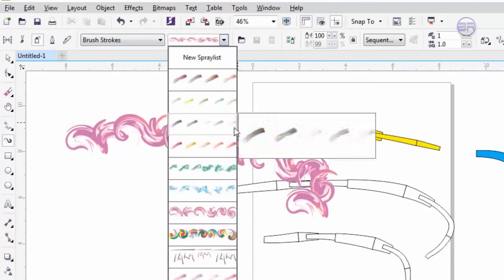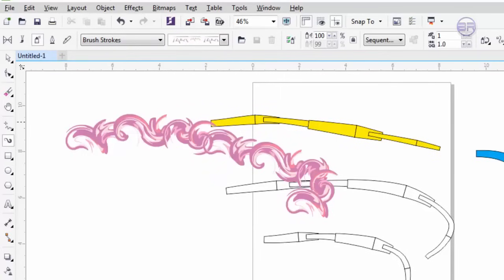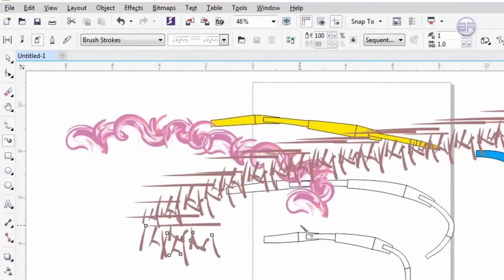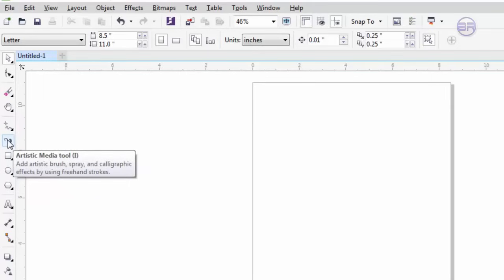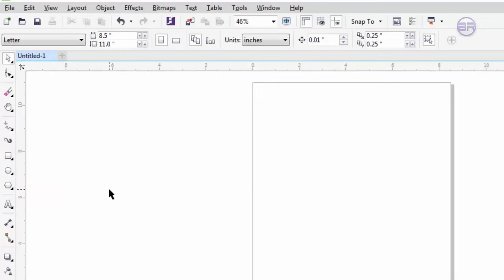There is no special science in this, and if needed we will use them in our projects, in designs as well. But I just want to tell you about the simple usage of this artistic media and the pen tool, this freehand tool. Freehand tool you can use for freely drawing anything you want, or a simple straight line. An artistic media tool is a combination of different effects you can insert into your designs and your objects here. Now in the next video we will discuss all of this,